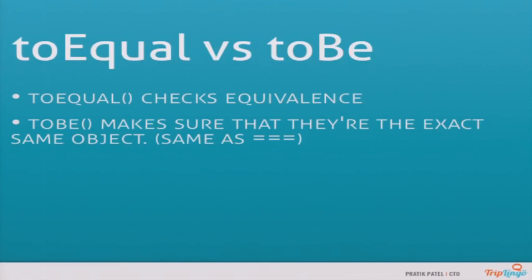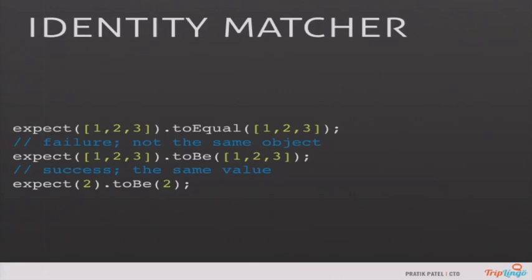So toEqual actually checks equivalence, and toBe is the same thing as using a triple equal. So it has to be of the same type, or if you're checking objects, they have to be the exact same object. Not a copy of the object, but the exact same one. All right, so if we have a look at this in code really quickly,